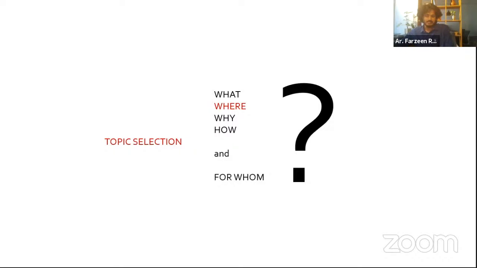What everyone does is you select your thesis site after your topic. I would say you should actually select your topic and site simultaneously. It's not like you select a topic and look on the map to where to fix it. That's not the right way, I believe, because you are designing for a community or a group of people. So you should be pretty much aware of your people before you finalize your topic. The topic and your site should happen at the same time, I feel.